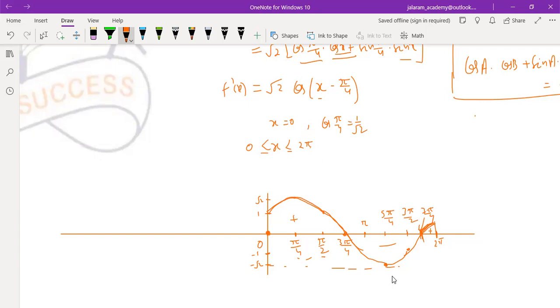So without the graph, it will be difficult to solve this. That's why I have first discussed it without using